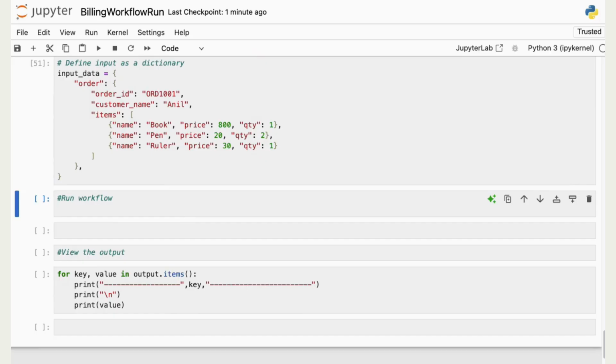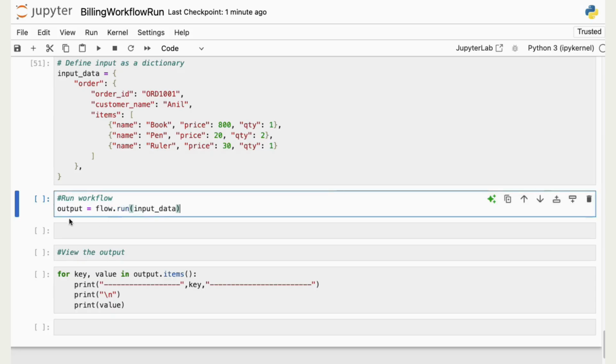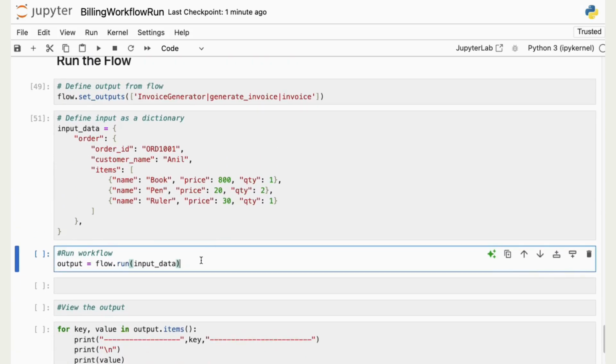And then running the workflow is as simple as saying output is flow.run(input_data). If you were using workflow tools, you just hit a button, and that's kind of the idea here. And the reason we do this is so that when you say output,